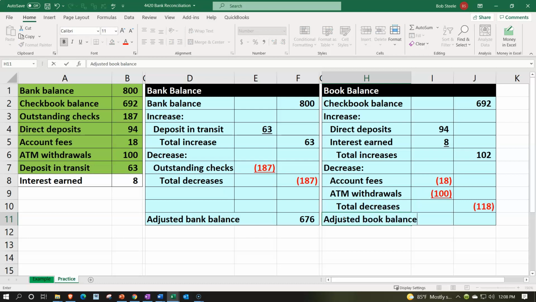And that's going to be our adjusted book balance. Trusty sum function, summing up the beginning balance, plus we're going to make the adjustments. And these are actually adjustments that we would actually have to make to the book. So now that I have the bank reconciliation done, you would then have to go and add these to your books if you're doing a bookkeeping system, assigning accounts to these items, meaning the checking account is obviously going to be affected. The other side having to go to most likely income accounts for the deposits, most likely expense accounts for the decreases. And so let's do the trusty SUM, shift 9, up arrow, holding down shift, up, up, up, up, up, up, up,